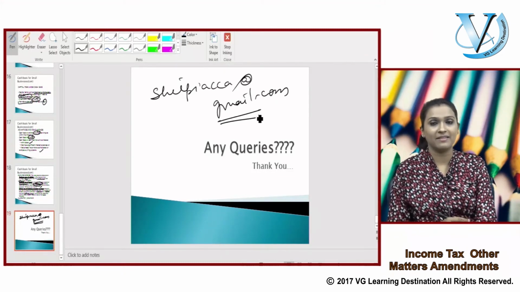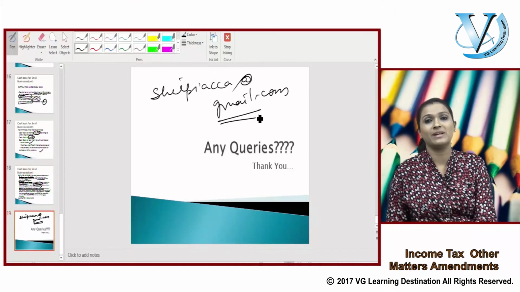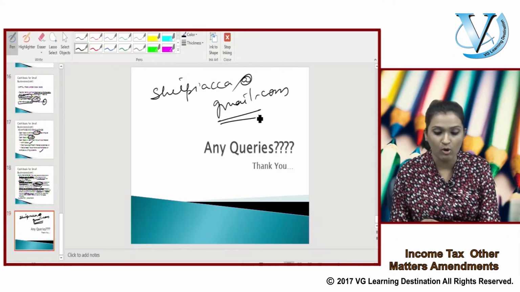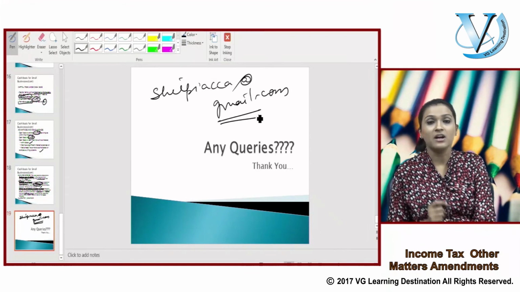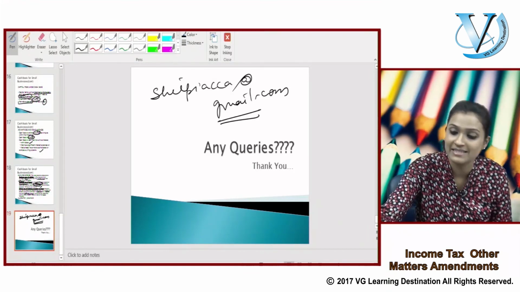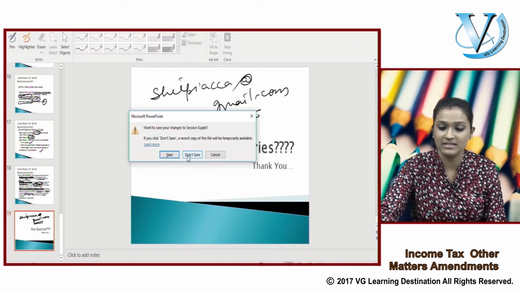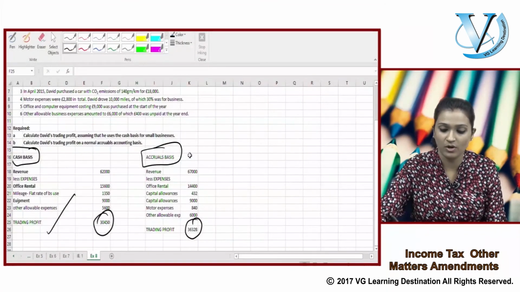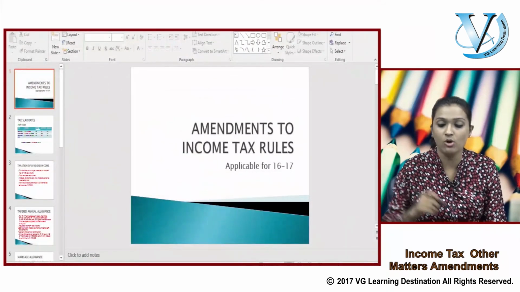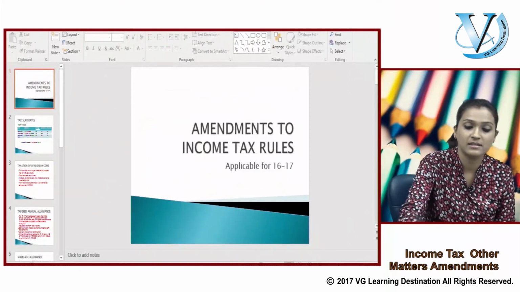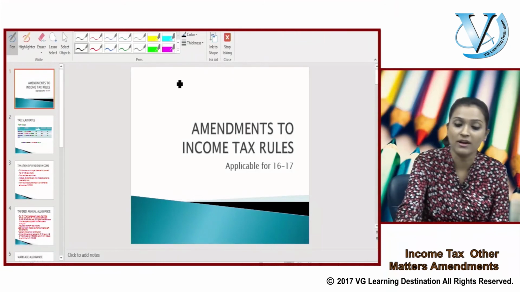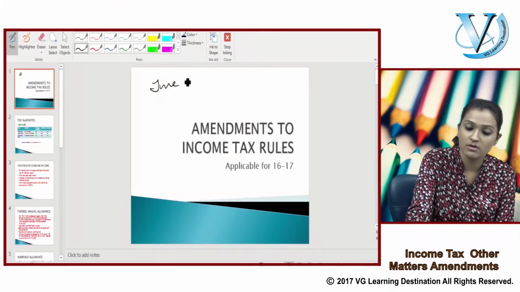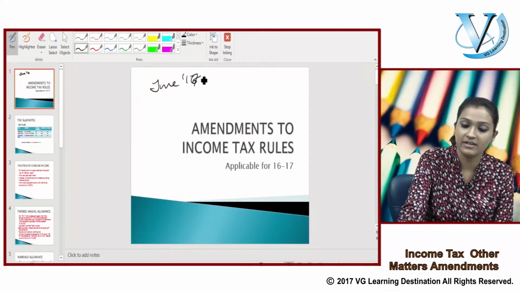Now that we've done this, let's quickly, without wasting any time, move on to the very important topic of amendments to the Income Tax Act applicable for the tax year 16-17. So what we need to do, we're now looking at the amendments which are going to be applicable to you if you're sitting for your exam June 17